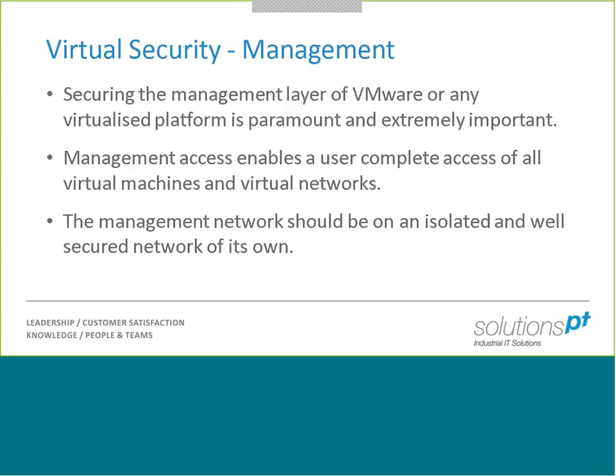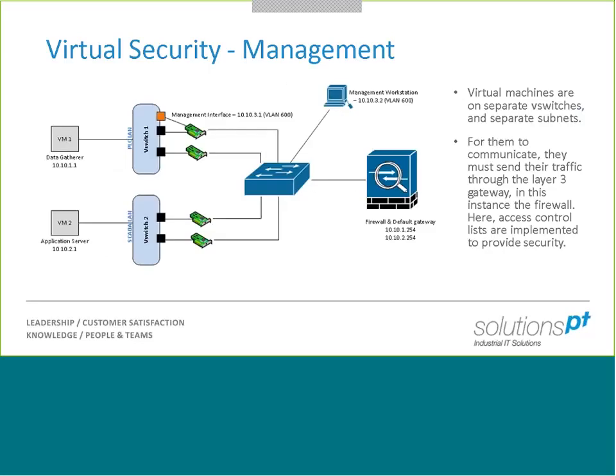So basically the key thing to take away is that we want the management layer on VMware or Hyper-V or whatever it is to be on a completely isolated and well-secured network of its own. We don't want to start having our management IP address on the same LAN as our engineering LAN or our PLC LAN. That's just very, very bad practice. We want this completely isolated. We don't want anyone to even be able to get to the login screen of our management layer unless they're authorized to do so. So we don't want to put this on any other LAN apart from its own segregated management LAN, where we have complete control over who can and can't access it. So we'll have a little look at some examples of that.